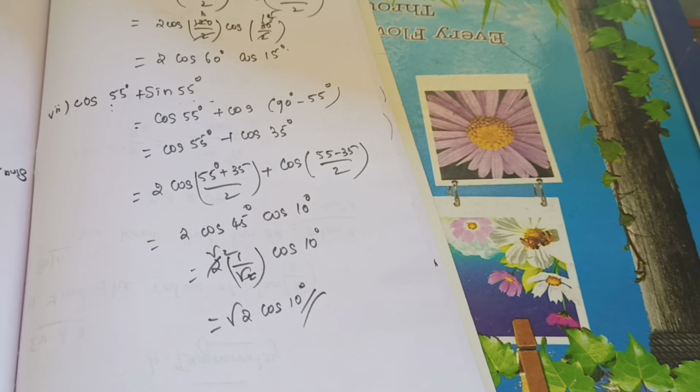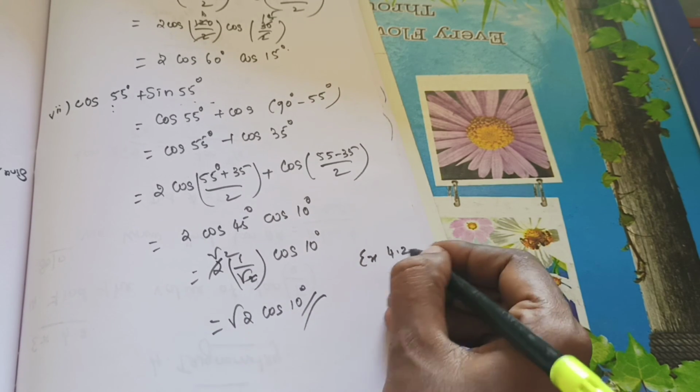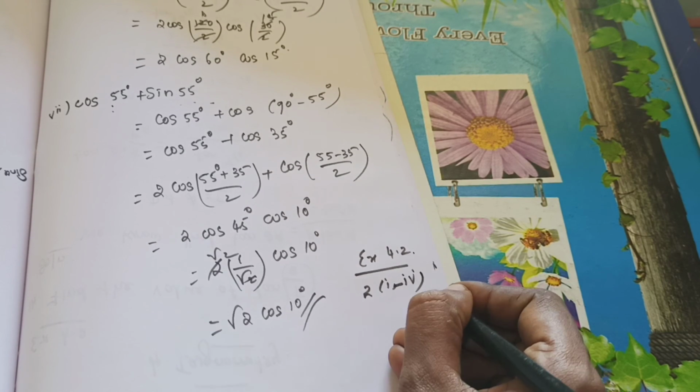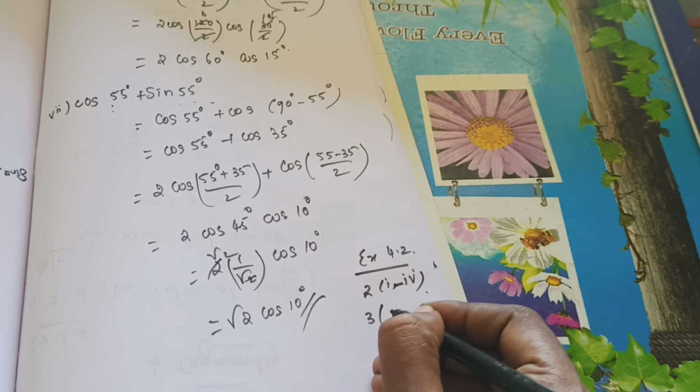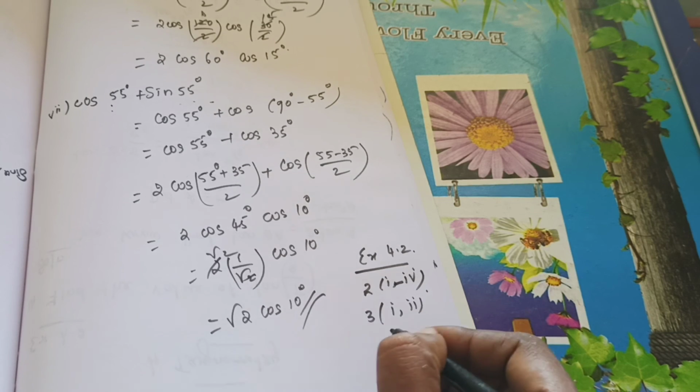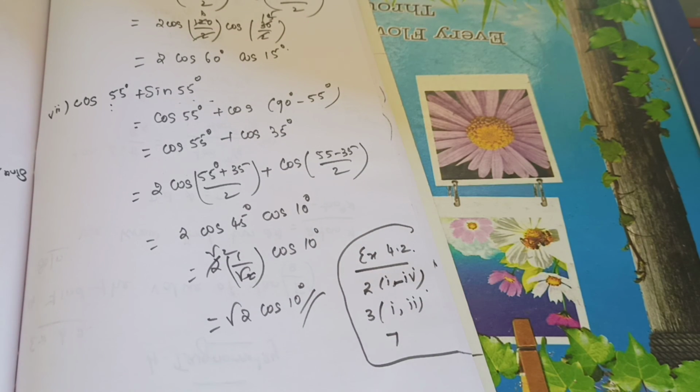So we have completed up to example 4.18. Now it's time to give the homework. Take down the homework. Exercise 4.2, second problem, 4 Romans are there, same as this one. Then third problem, first 2 problems. Today we have completed the same question. Then 7th problem. So these are all the homework for you today. All the problems are the same model as the examples we did today. Go through the examples and do the problems.